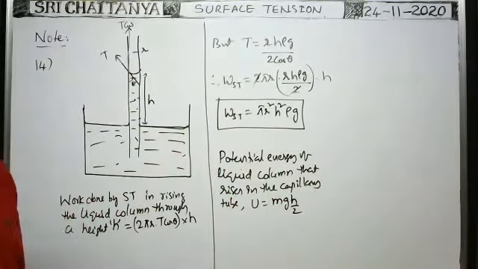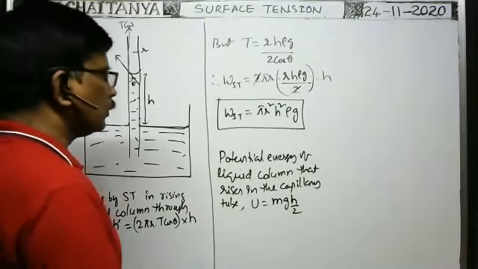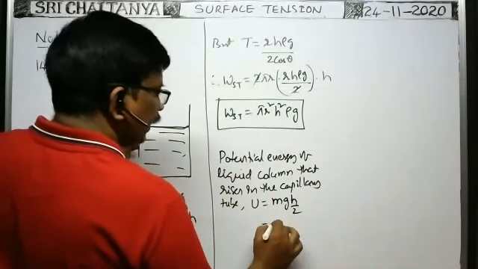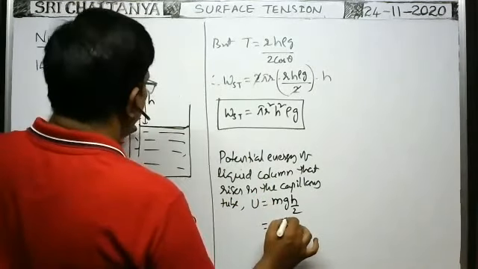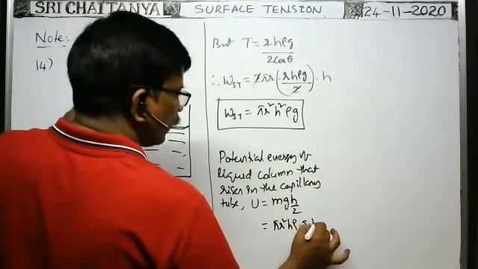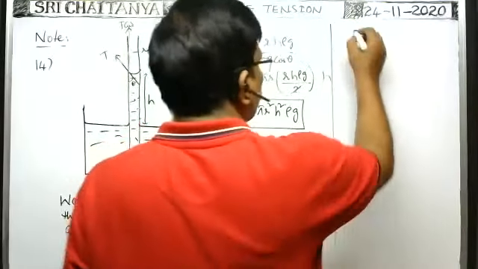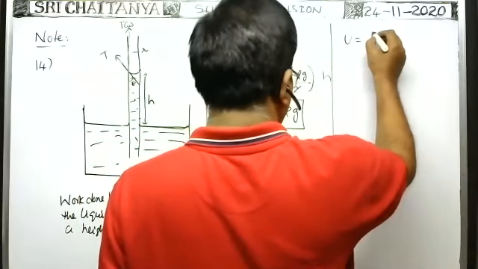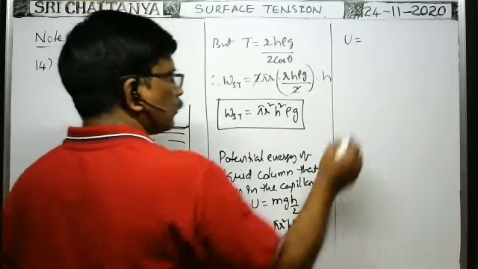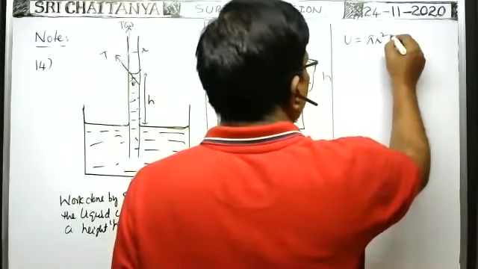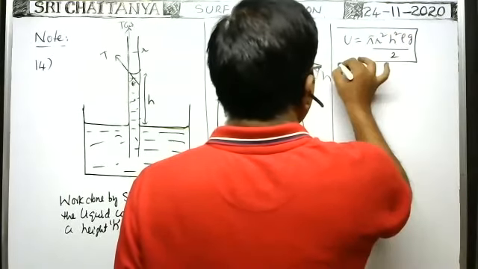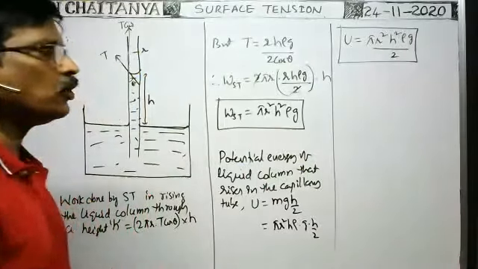That is the potential energy of the liquid column in the capillary tube. In terms of this only, you write: mass of the liquid column means area of cross section pi r square into height of the liquid column gives volume, into density gives mass, into g into h/2. Therefore, the potential energy of the liquid column in the capillary tube is equal to pi r square h square rho g by 2. This is the formula for the potential energy of the liquid column that rises in the capillary tube due to surface